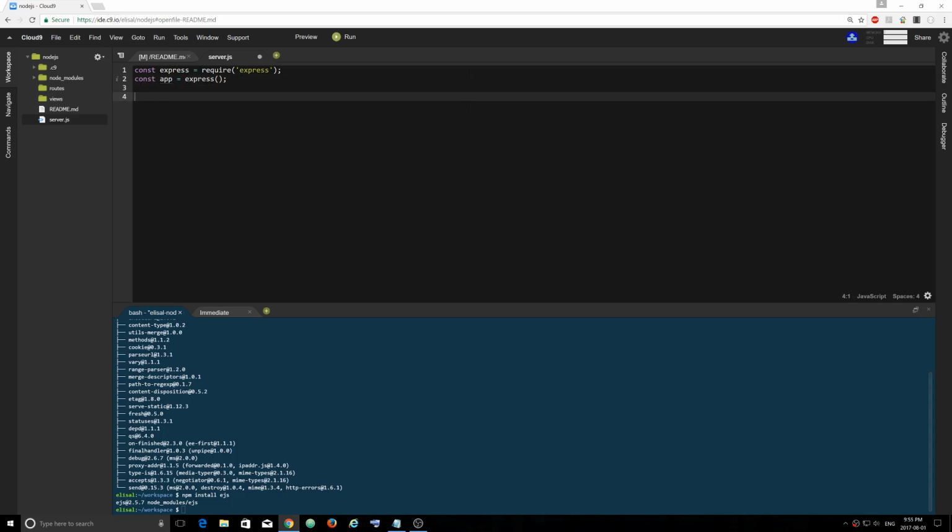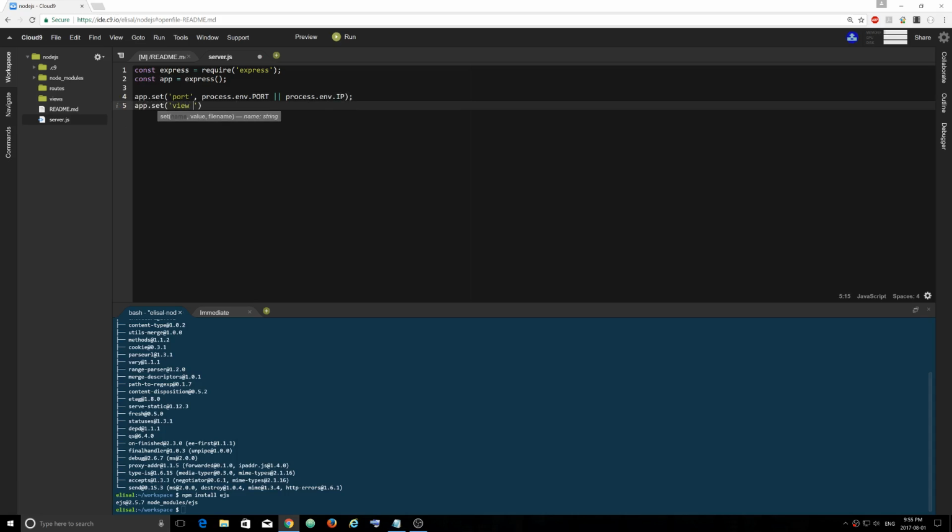And next we're going to do app.set port. We're going to set the port which it is going to run on to process.env.PORT, or we can just run on process.env.IP. And we're also going to set our view engine, app.set view engine to EJS. Later I'll show you guys EJS is actually a very good view engine, and we're going to set var port is equals to